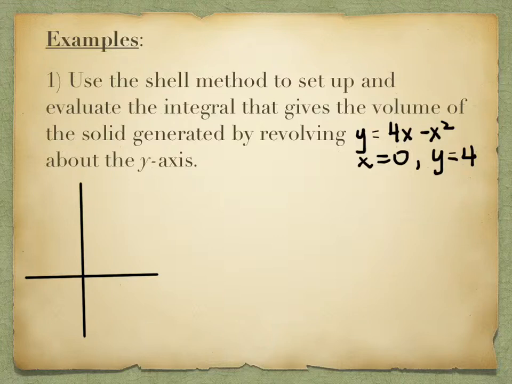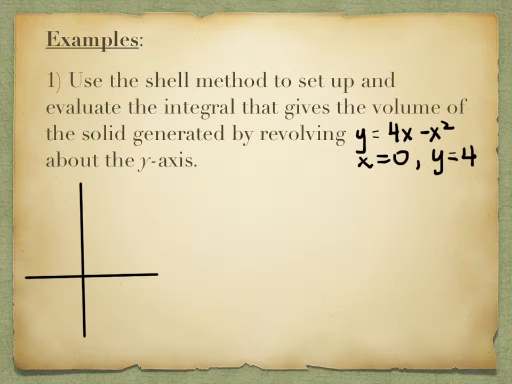And you're welcome to put that in your calculator if you're not sure what that would look like. What general shape is that? What would 4x minus x squared's general shape be? A parabola, because it's got x squared in it. Is it a parabola opening up or down? It's down, because the x squared is actually